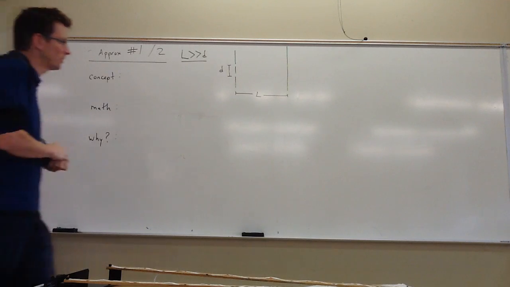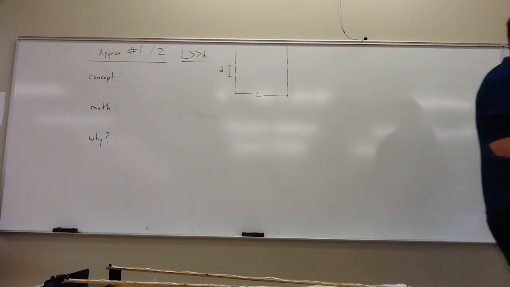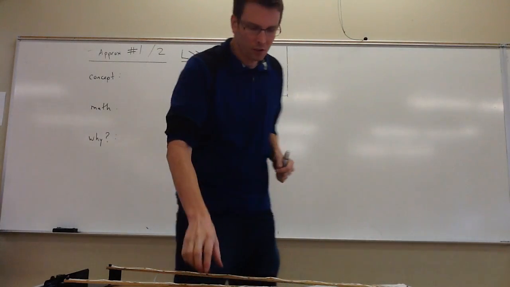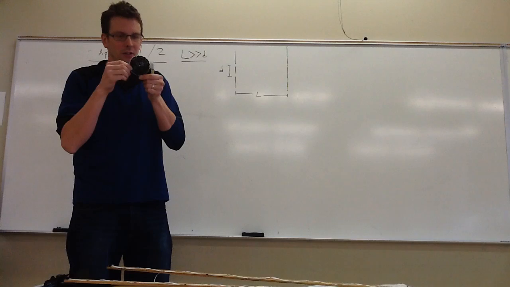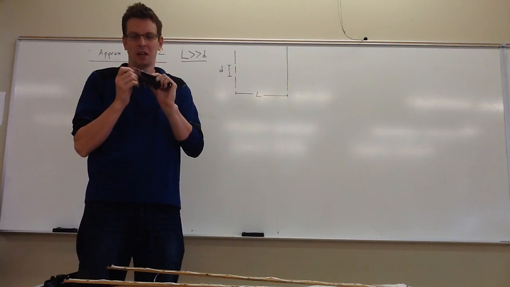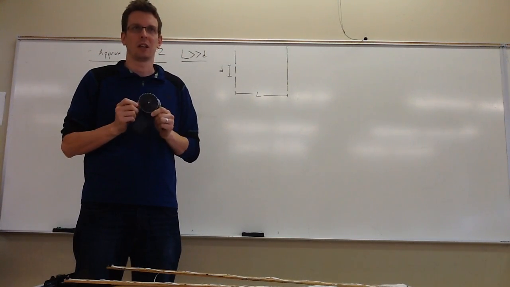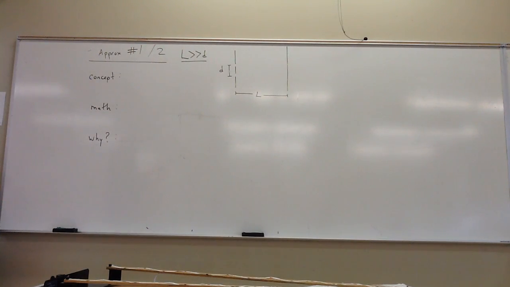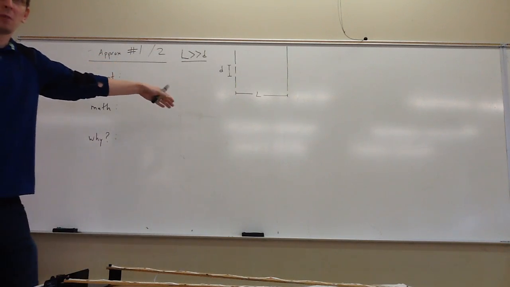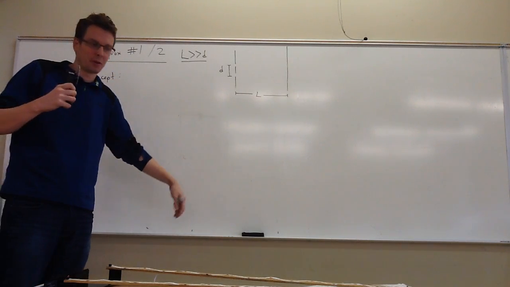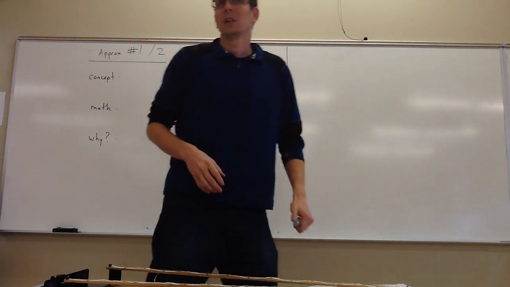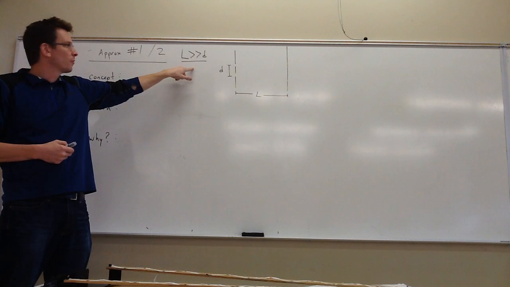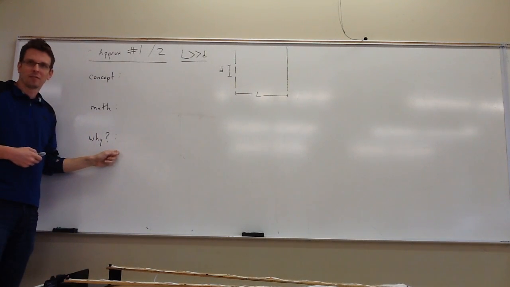So the distance from the slits to the screen is far, far, far larger than the slit separation. That was certainly true for my demo just now. The slits are so close together, they're like the width of a human hair apart. If you look here, they're extremely close together. And that is tiny compared to the distance from the slits to the screen, which in my case was the whiteboard. I observed the pattern on the whiteboard. So if I assume that, and again, I'll answer why would I do that,